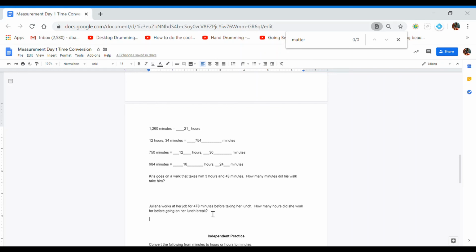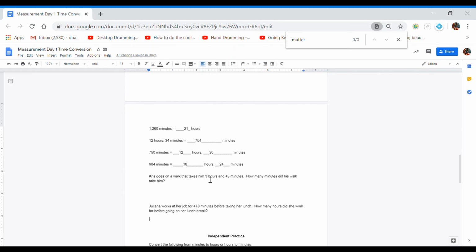So take a second, solve those. Usually about 2 minutes, maybe 2 to 3 minutes to solve those two. It took me about 2 minutes to do the ones above. Take 2 minutes, check them with me. All right, this is your last chance to get some practice with me before you go off on doing this on your own. We can see here that we've got this one returning hours and minutes into just minutes, so